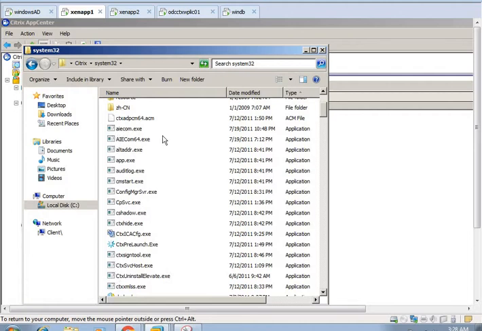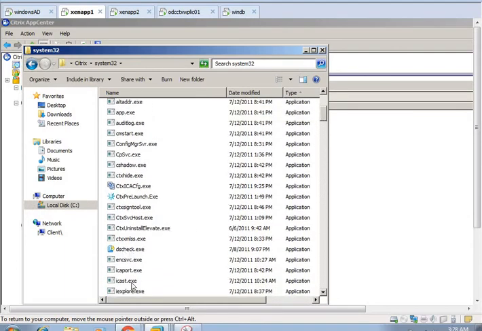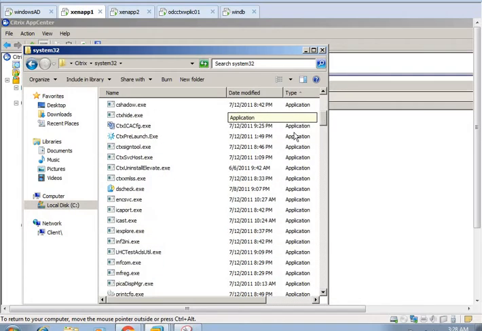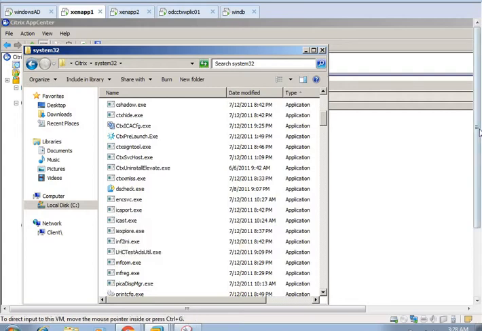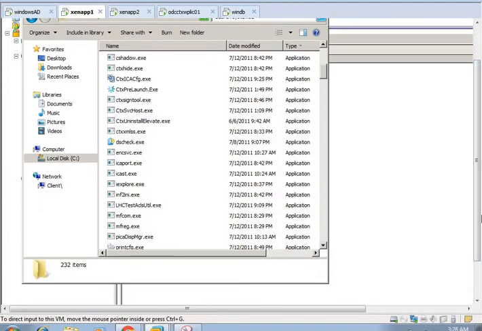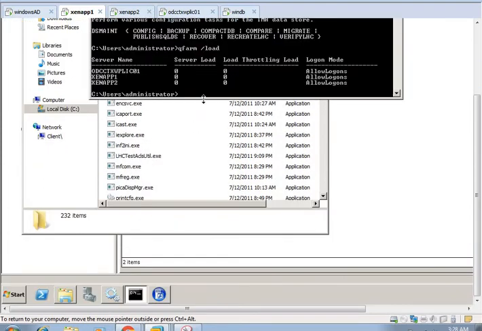You can see the AI run and also the load, qfarm is here, dscheck, a command to check the database consistency, and the ICA port tool to change the ICA port or check it, if we want to see what the ICA port is over here. We can check with the ICA port command, and I can show you here the ICA port.